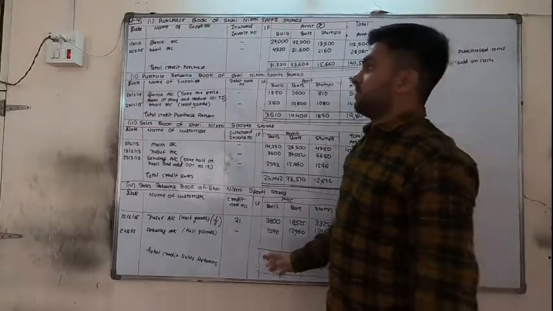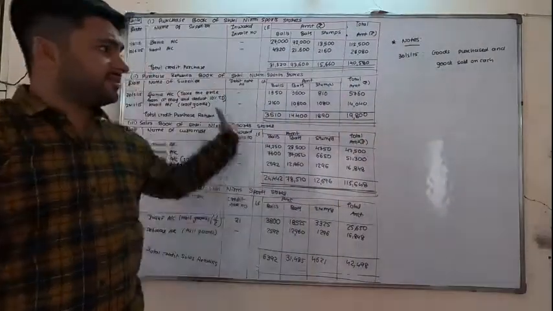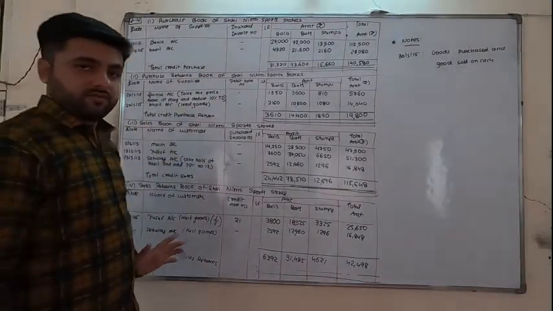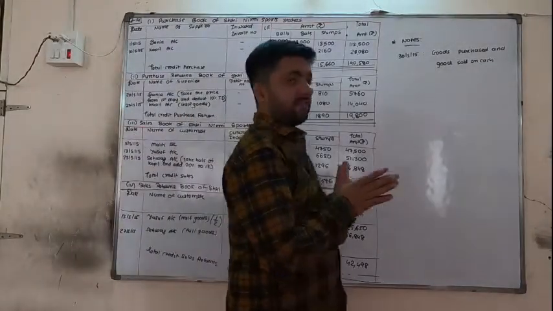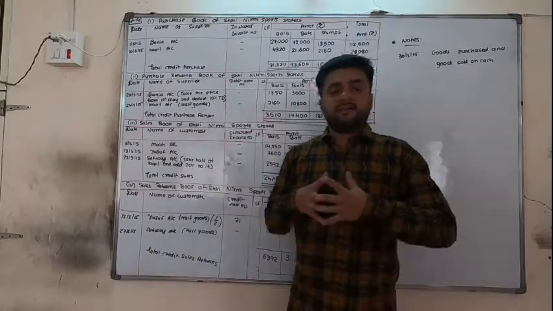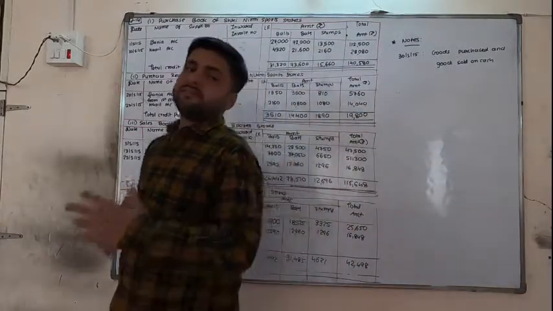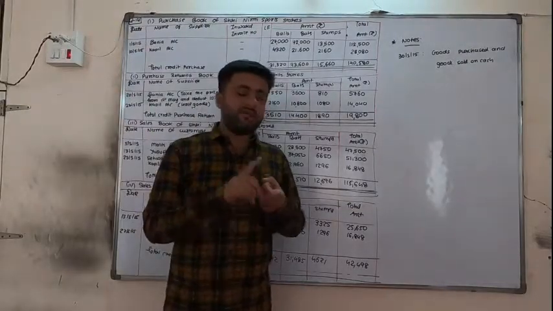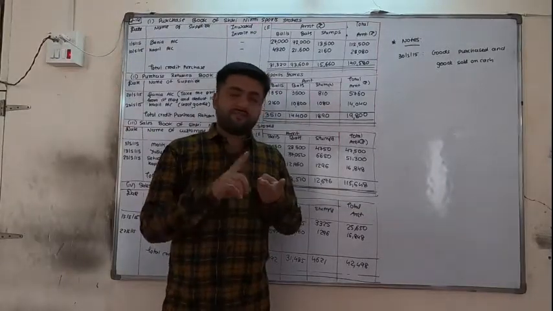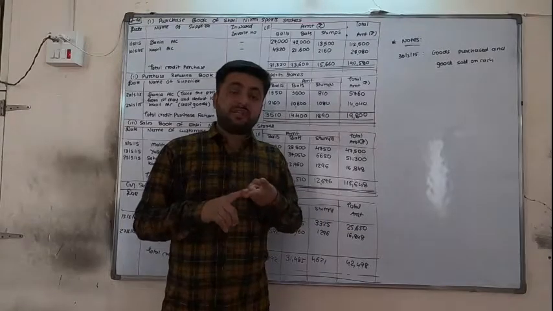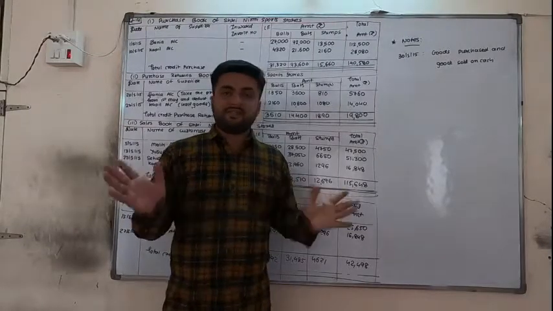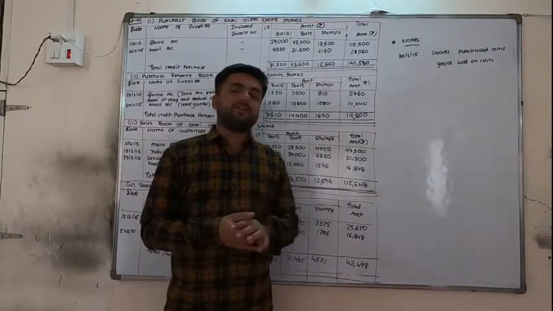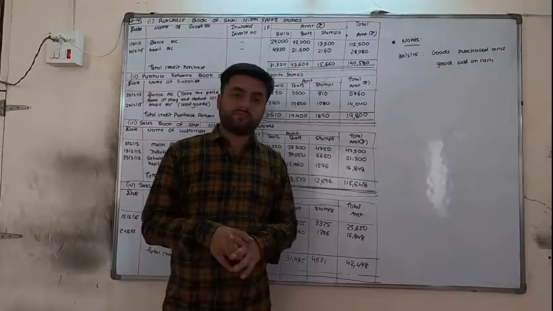Okay friends, so this was our 14th sum where all the subsidiary books we have prepared with columns. So practice the sums. This chapter is over here. Tomorrow onwards we are starting the 7th chapter, that is cash book. After cash book we have journal proper, then ledger posting, then trial balance. So still 4 more chapters for accountancy, and statistics is completed. After that our first semester course will be completed.